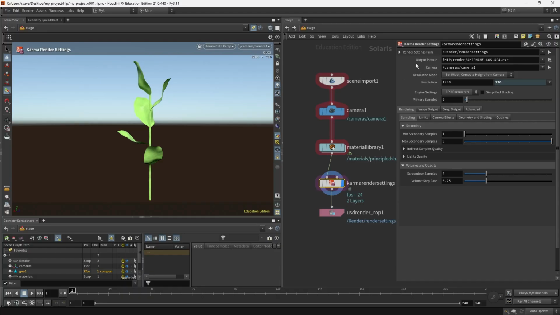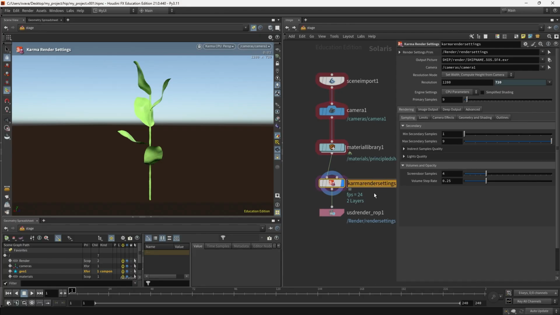And here in output picture, you can see where the file will be written out to. $HIP is the folder that has your Houdini file. Render is a folder that, if it does not exist, will be created. And then HIPNAME is the name of this hip file, in this case, my project 001. And then the $OS is the name of this node.